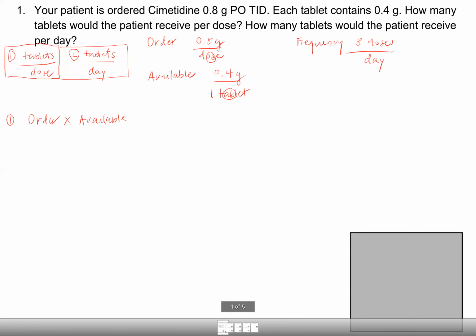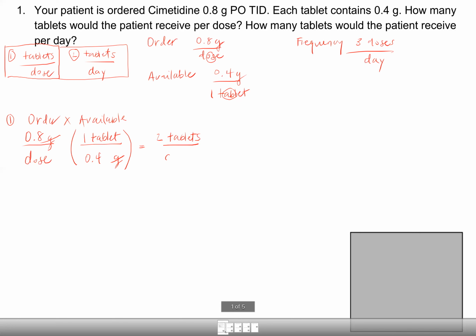So let's go ahead and set that up. We have 0.8 grams over dose, which is what we want, dose in the denominator. And in order to cancel out the gram units, we have to have grams on the bottom, tablets on the top. Don't forget to fill in your numbers. And the answer is 2